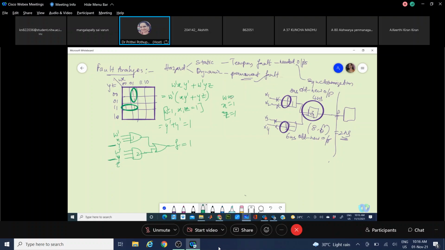If I tie these values as W0, X1, Z1, the output depends on the value of Y dash being supplied to 1 and 2. Now, if Y goes from, say, 1, this is 0.